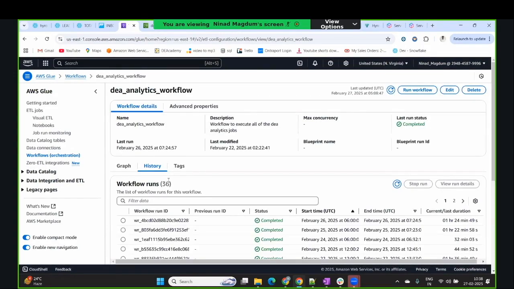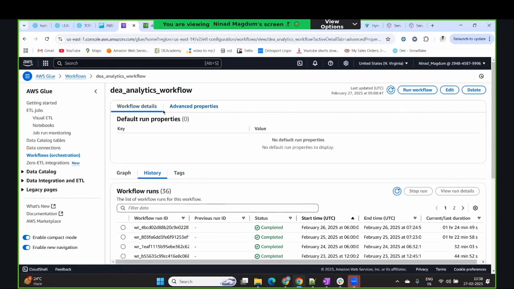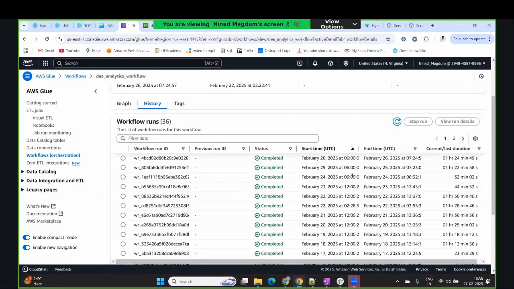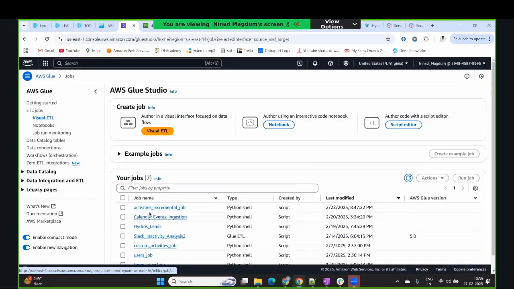Whenever we run this job, if you see here, every day it runs at a fixed, specific time. This was an ad hoc run that I ran. So it's running at 12 a.m. Every time, what we did in code is go back 24 hours and just get the last 24 hours worth of data. So if I go into my code,